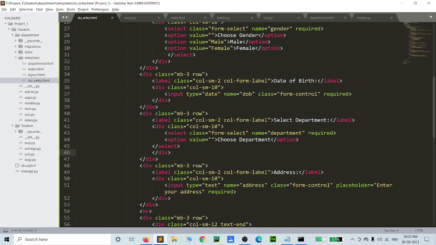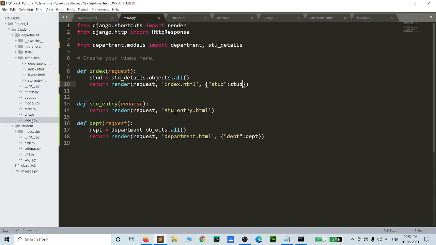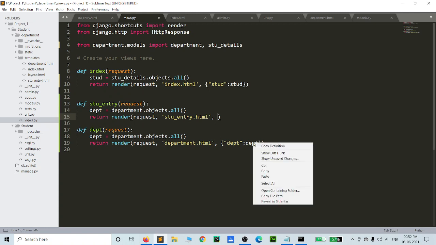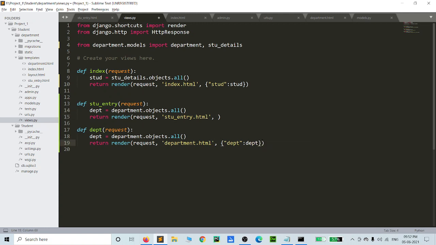Student entry form. Before the student entry form we give some messages; in the same way, the student department can all be fetched here. You can copy it here and follow the same things. Department of.